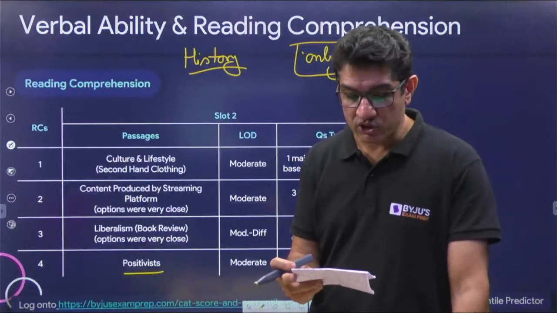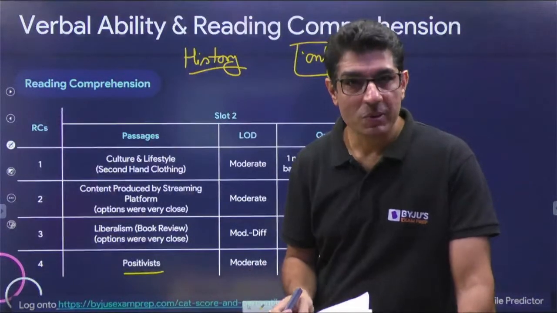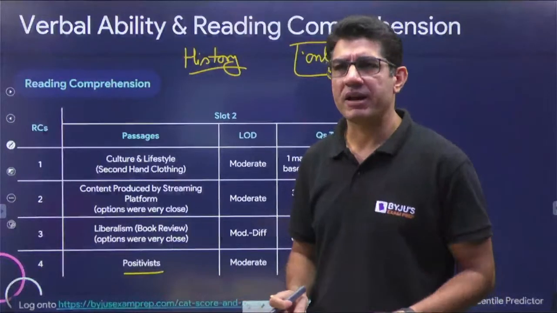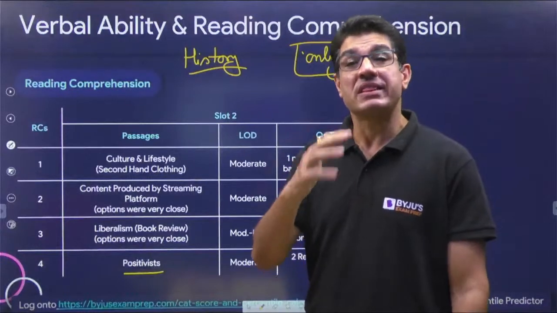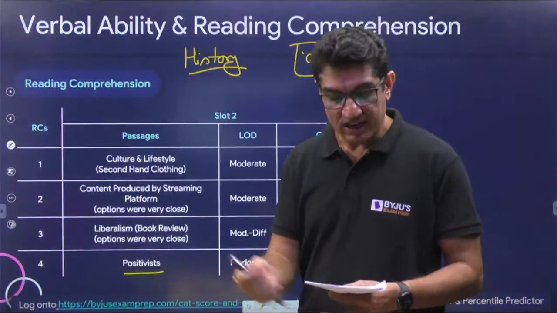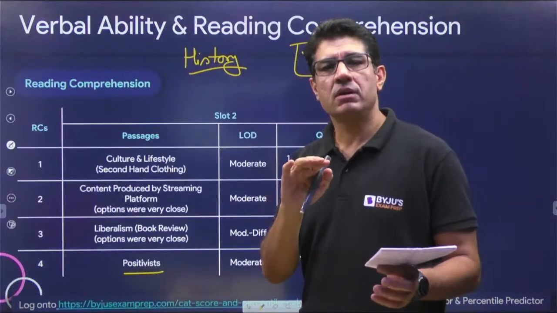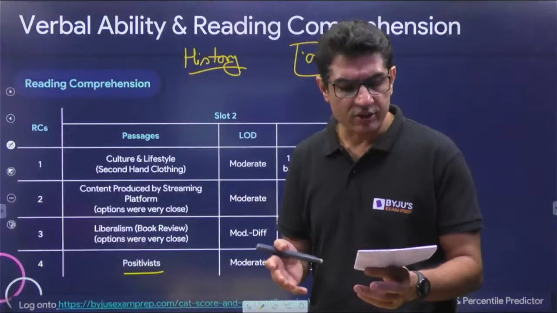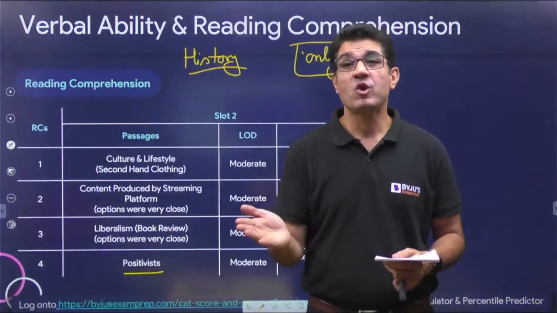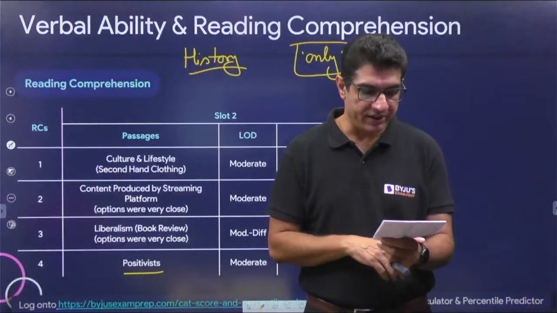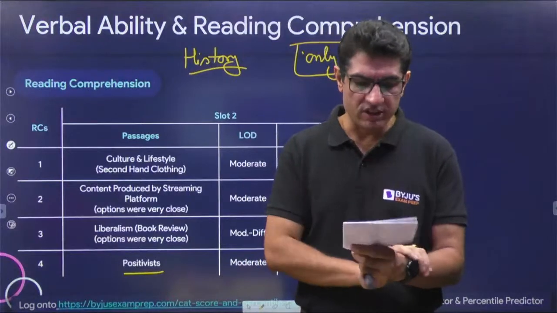Then we had a question on the significance of archaeology for historians. So once again, if you go to the right paragraph, it would become clear, but once again, it was not that obvious. The answer choices had a lot of restatements from the passage. So the one that talked about helps ascertain factual accuracy came closest to that particular idea. But I'd still say a moderate question, maybe an easy question in this passage.